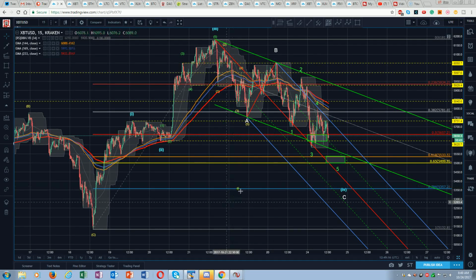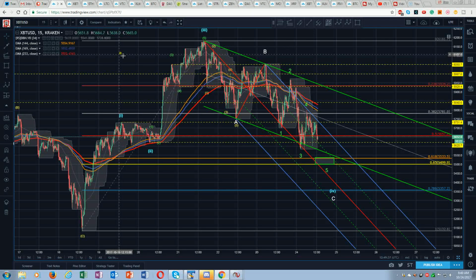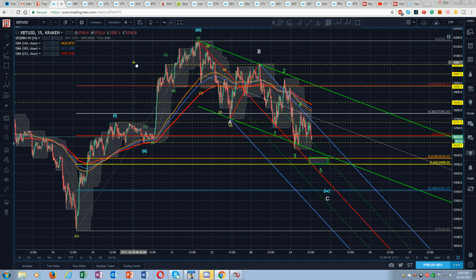So looking at it here now, we saw this yesterday. This was a cluster from yesterday where we had the intersection of the channel and the pitchfork, and we tapped the median line a couple of times. Now we're pushing that support level here, and if I take that off and look at this from an Elliott perspective, we can see a nice 5-wave sequence developing in here for a 5th wave.